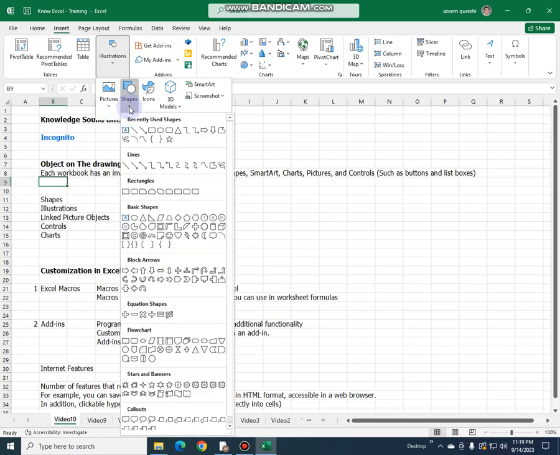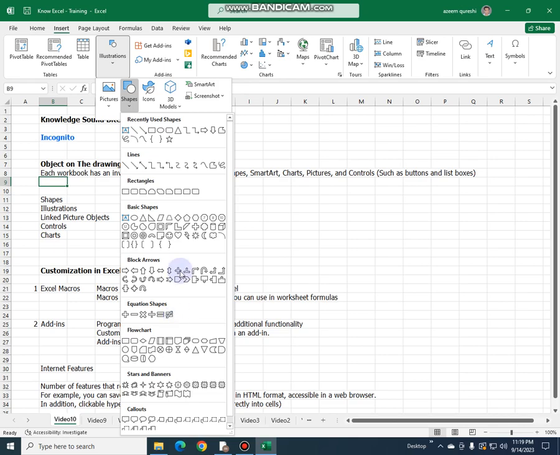Then we have a lot of shapes: recently used shapes, lines, rectangles, basic shapes, block arrows, equation shapes, flow charts, stars and banners, callouts. You can see hundreds of shapes are available and you can use them to build your program and to build your